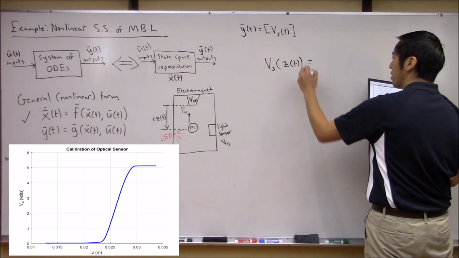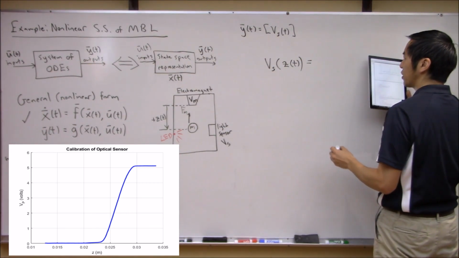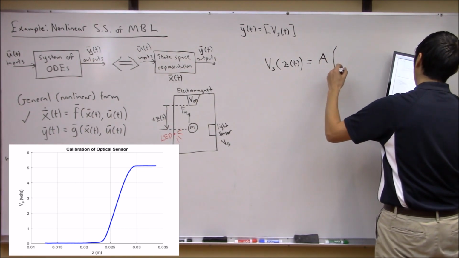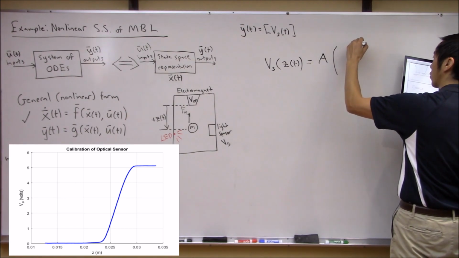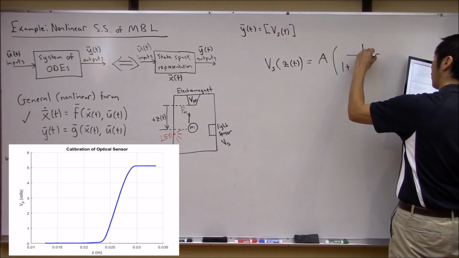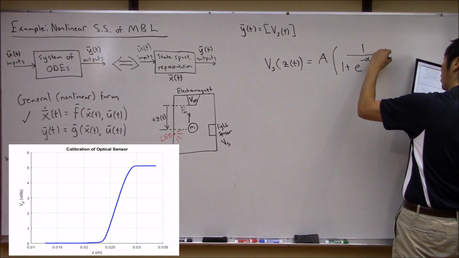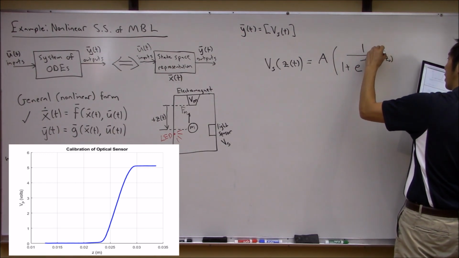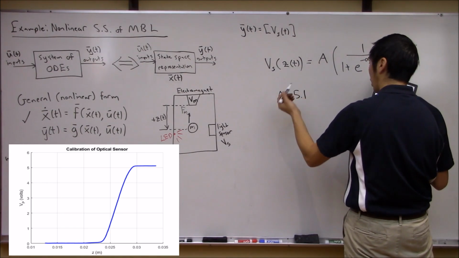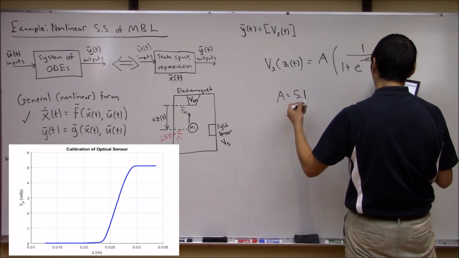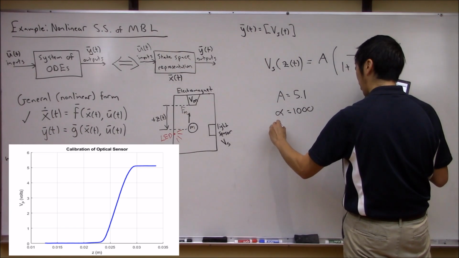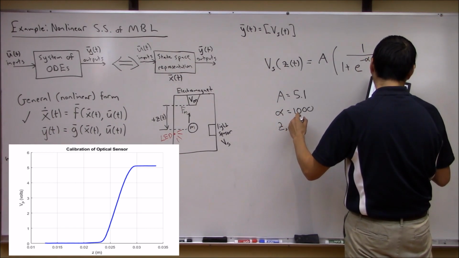The function I used was some constant A times a scaled sigmoid function, so 1 over 1 plus e to the minus alpha times z minus z naught. In my case, I used an A of 5.1-ish, an alpha of about 1,000, and a z naught value of